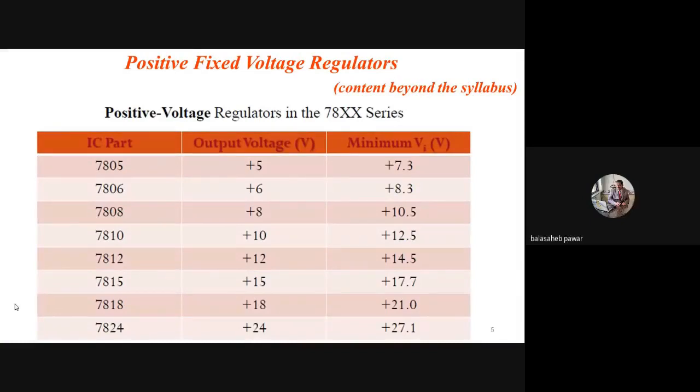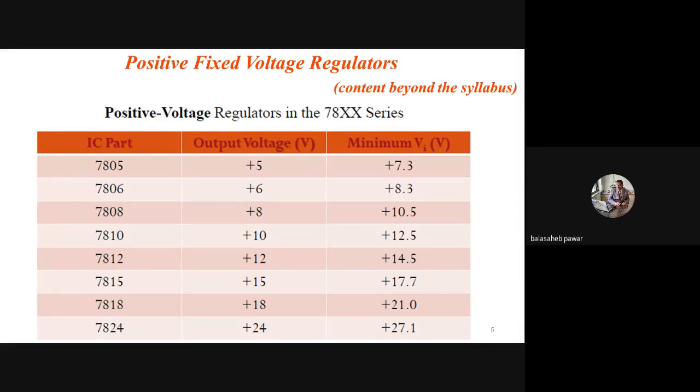Now see, again, you should be familiar with that positive voltage regulators. So just go through it, just read what is given, and somewhat you will get clarity from this table. So I think you might have understood, looking towards this table, the first column mentions the IC part, that IC is 7805. That means its output, as the number starts from the 78 series, that means it is a positive regulator, and hence its output will be positive, and the last two digits indicate its output voltage, that is 5 volt. So output voltage in the second column is mentioned as plus 5.